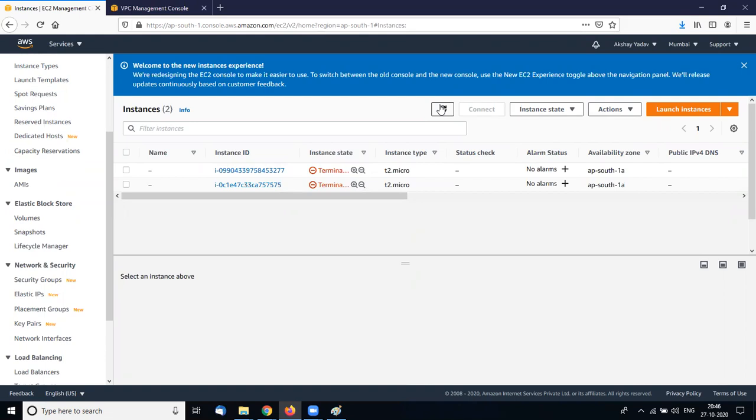So two instances will be automatically launched by auto scaling.